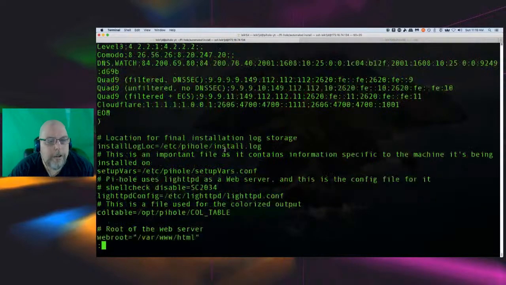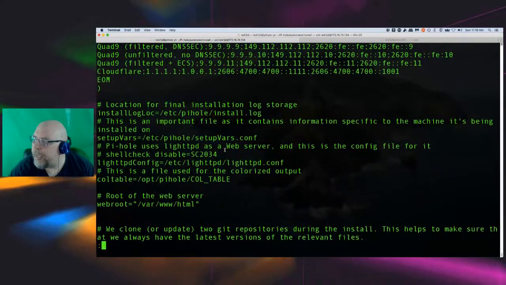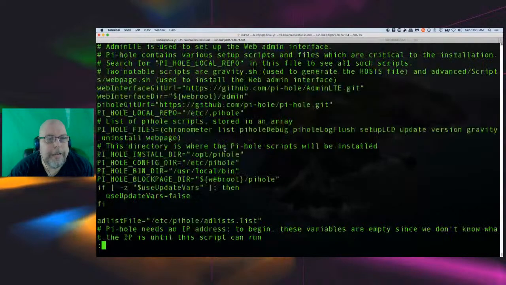So again, using variables, it's laying things out and making it very easy for you to tell where things are going to be put. Or if you feel a desire to modify the script, you can go ahead and do that, and you can make notations in the code for what you modified, which again is always a good thing to do. So